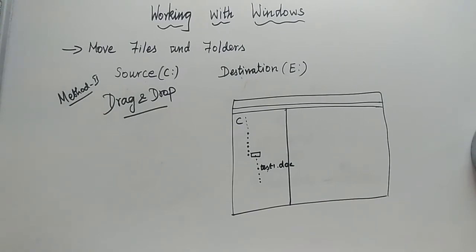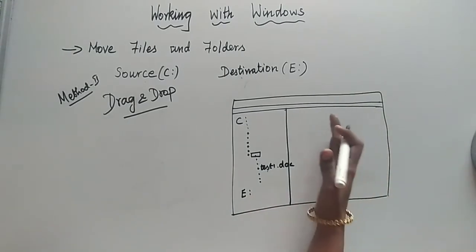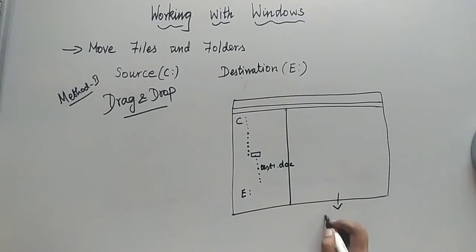What can you do? Yes, you are going to select the E colon. After selecting that E colon, what will happen? Yes, whatever files and folders you have, everything will be displayed below. Otherwise, you click it again. Whatever folders or files you have, everything will be displayed in the right pane for you. So this is your right pane.